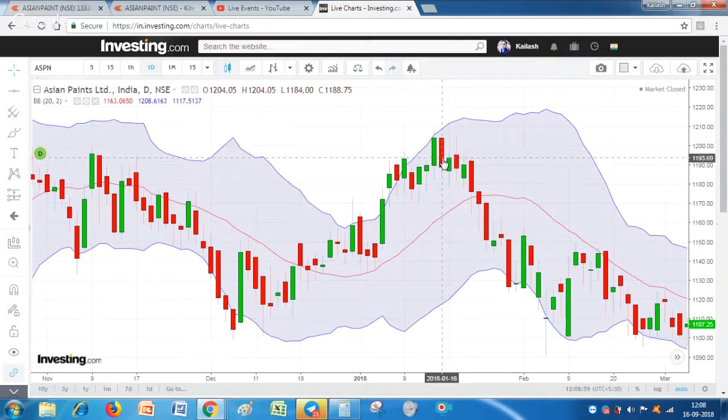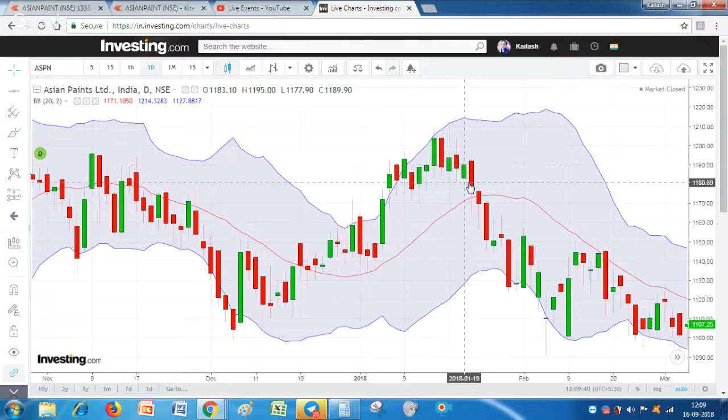Okay, so we would have waited this day also. We would have waited this day. We would have shorted on the next day, taking a short below this candle low. Suppose we have shorted it below 1188.87 somewhere. We have shorted it, keeping a stop loss at the high of this level, or even at the high of the previous big candle, that is 1208.78. Let us say 1207. Okay, and we have shorted somewhere around 1188.87, and we would have kept a stop loss of 1207.